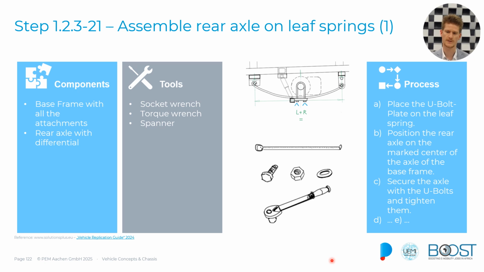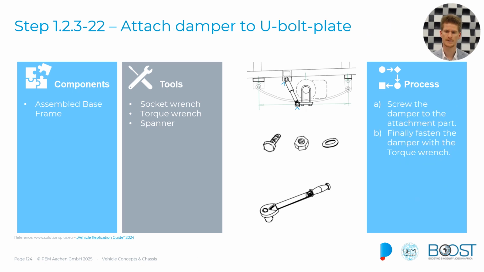First of all, you place the U-bolt on the leaf spring where you want it to be. Then you position the rear axle. Again, make sure that the center of the rear axle is right underneath the center that we just marked for the wheelbase on our base frame, and then secure the axle with the U-bolts and start to tighten them. And if you've done that,